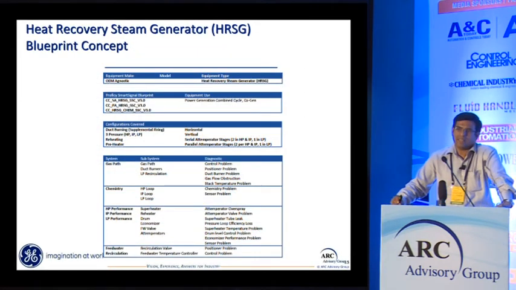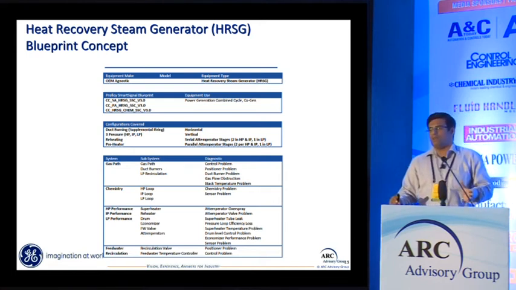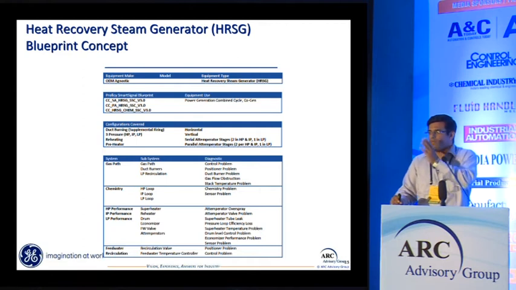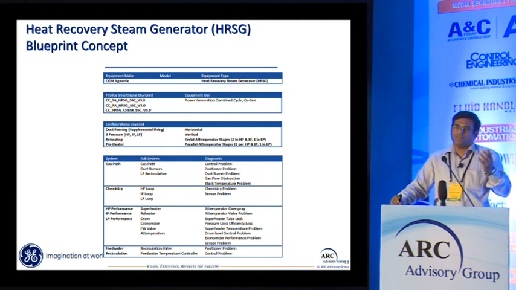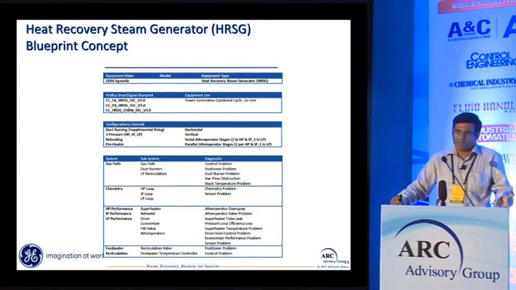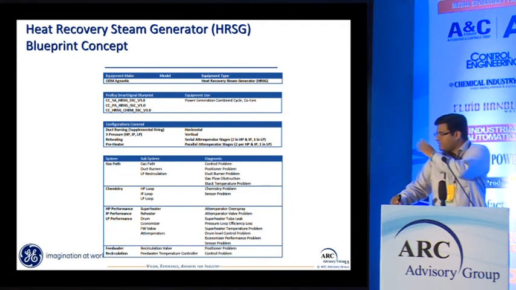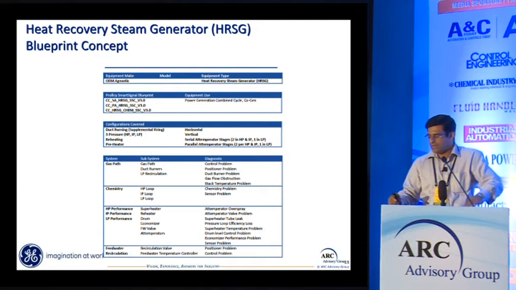So standardized it has become today that we have a blueprint available which would come out with the potential failures for a particular equipment with the potential causes. So that is important, because if I say the world is going to end, none of the investment is going to stop, right? But where it is going to be a catastrophe, if I am able to know and why, there I can prevent it. So that is the concept of blueprint.